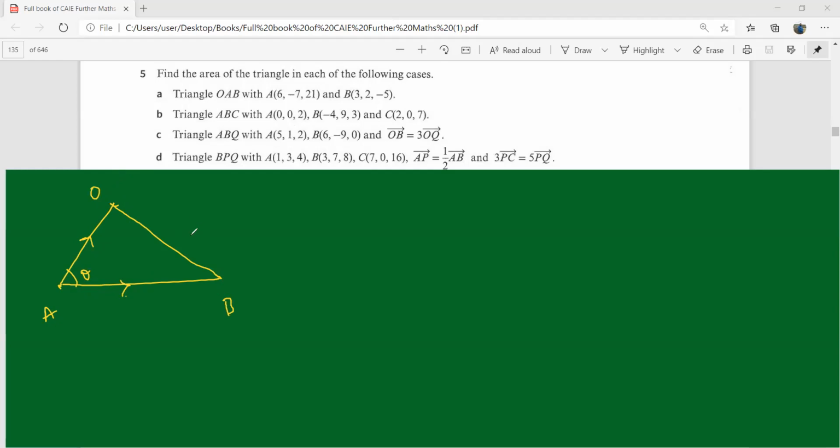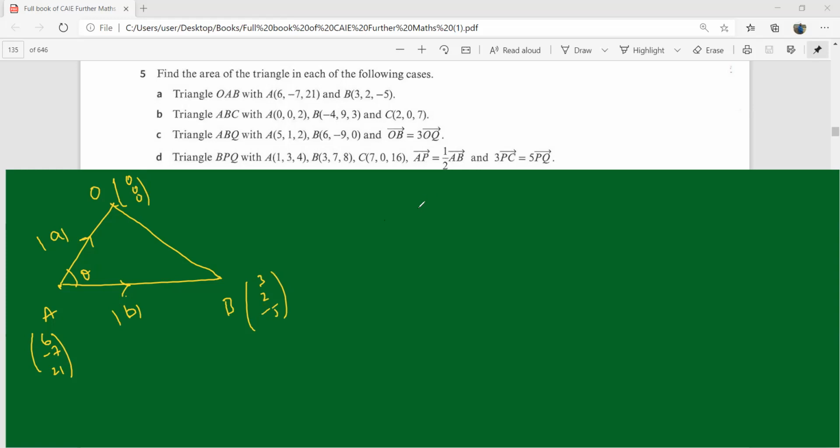So you have your OA, this point A is 6, minus 7, 21. This B is 3, 2, minus 5. This O is 0, 0, 0. And we want to find this area, okay? So let me call this the vector A here, and this the vector B over here. So the area would be,